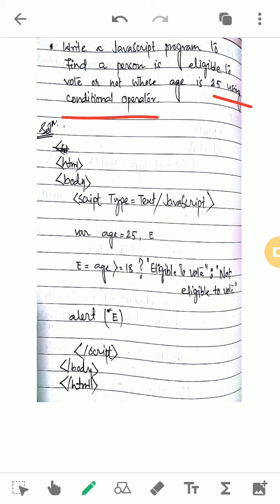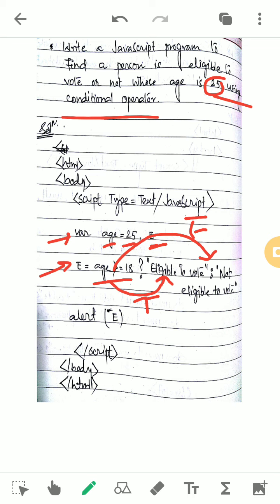Okay, here the age is 25, again it is told, so you don't need to take any input directly. You can assign this value to a variable. So first declaration, you have declared 2 variables, age and E. E means eligibility test. You can take any variable. I have taken E, and the value of age is 25. So this is the conditional operator we know. First the variable name should come, then we have to give the condition. If the condition is true, then after the question mark the expression will be evaluated. It is for true. If it is false, then after the colon the expression will be evaluated.